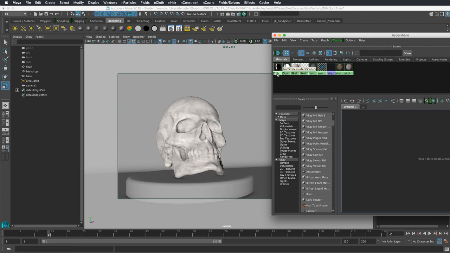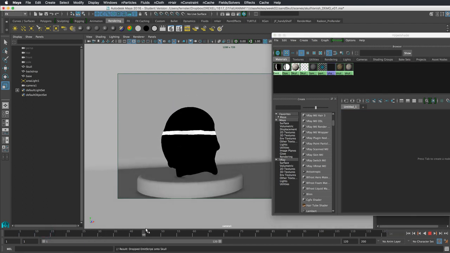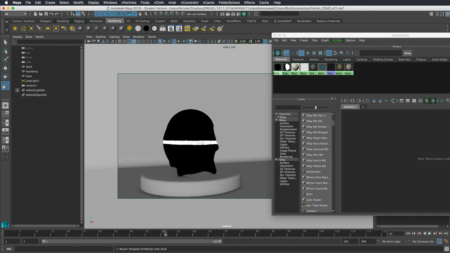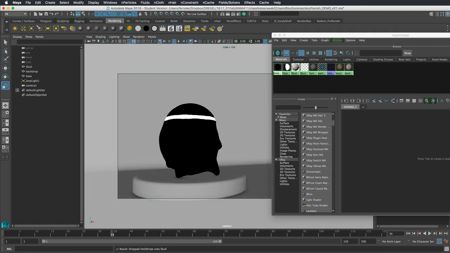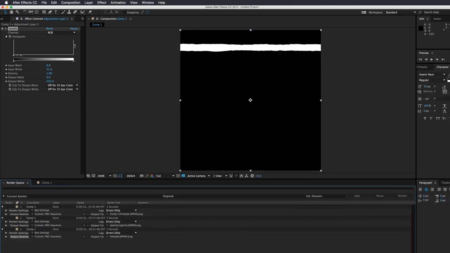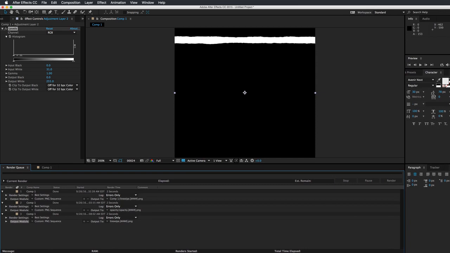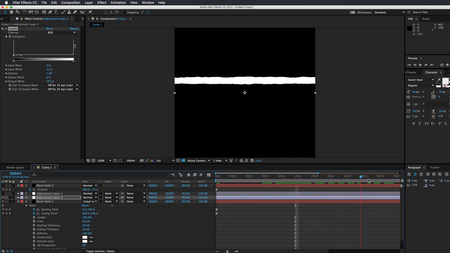So I have a line of emission. If I drop that on the skull here, and we wipe through it, you can see that this is really just an image sequence that I created in After Effects that just has a line going through. If we pop over to After Effects, hopefully you can see this. Let me resize this. Here we are. It's just a simple noisy line that travels down